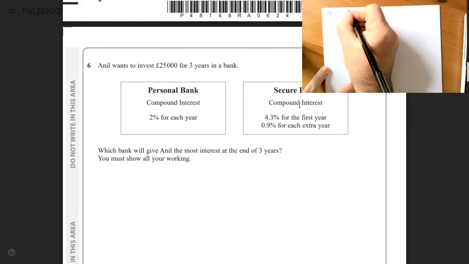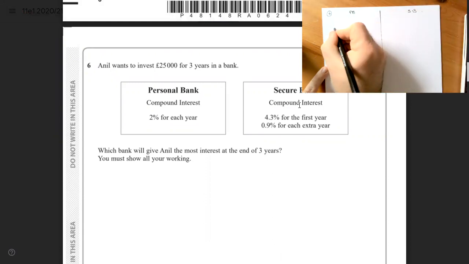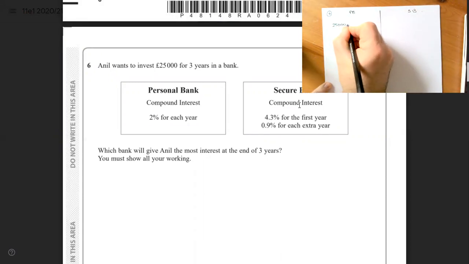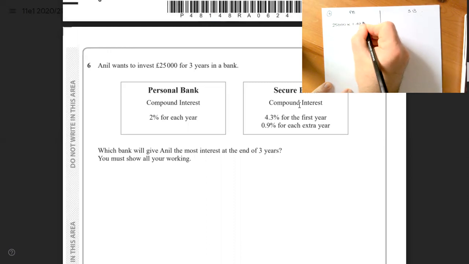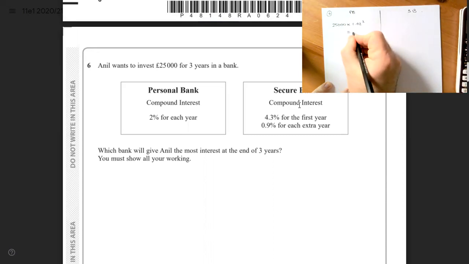I'm going to have personal bank and secure bank. 25,000 times 1.02 cubed equals 26,530.20p,